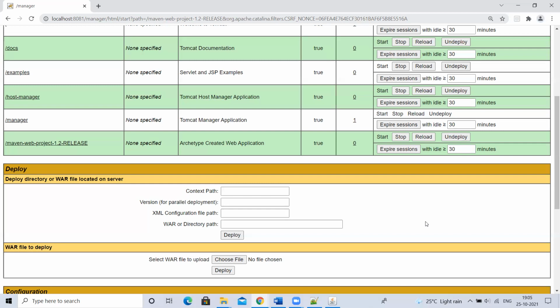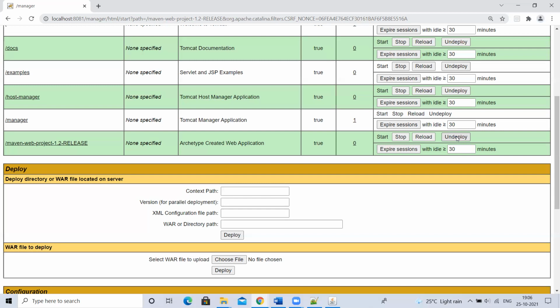Again, if you want it, you have to redeploy. I undeployed it now, but after 1 or 2 days, or after 5 minutes, if I want to deploy the application, do I need to deploy once again? Yes or no? Yes. But for that deployment, I need to have my WAR file.